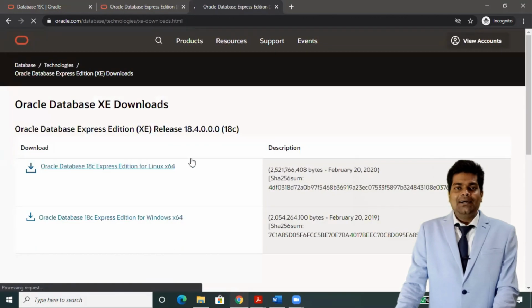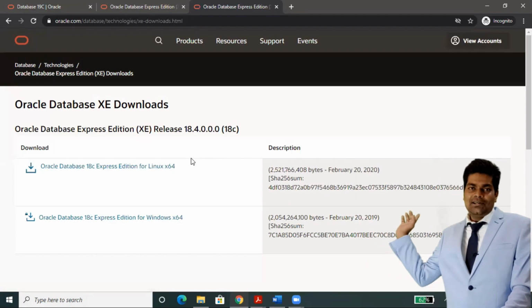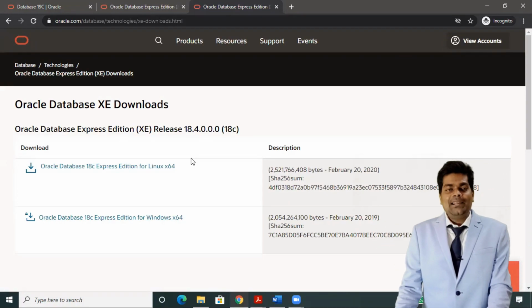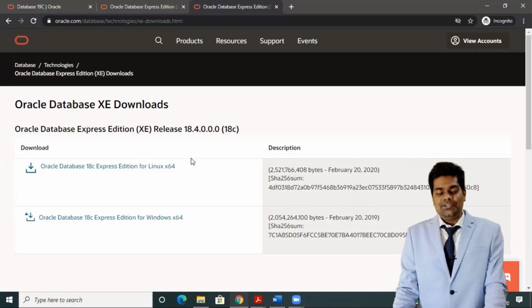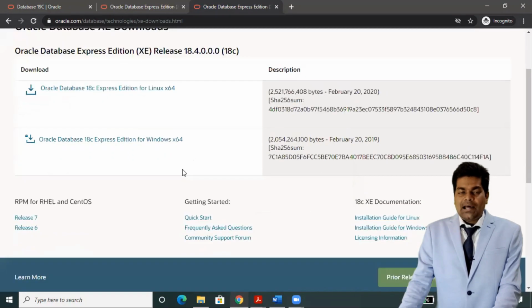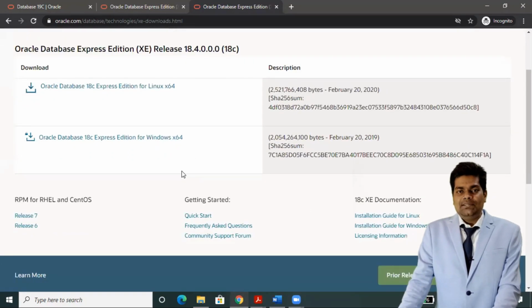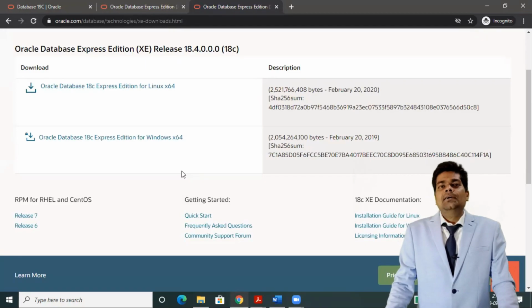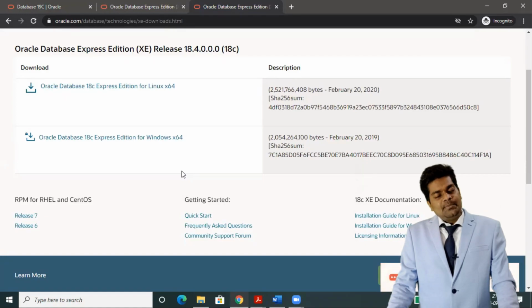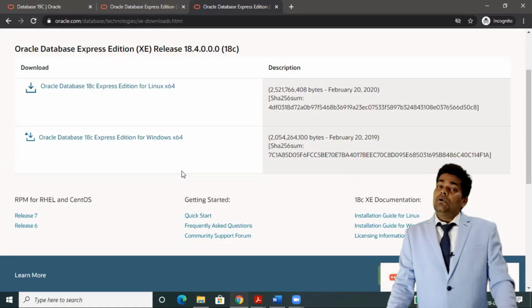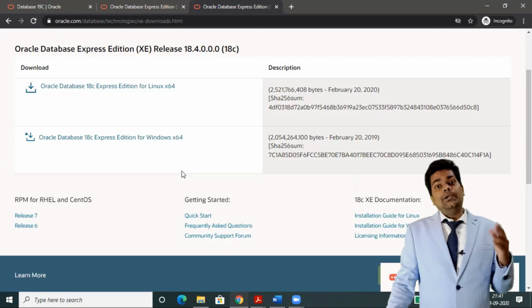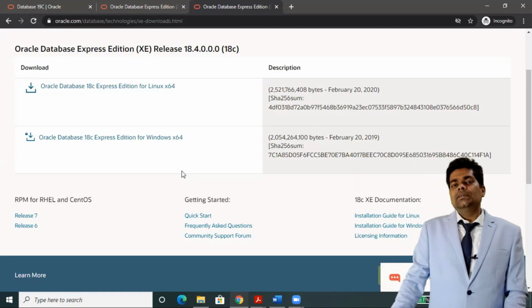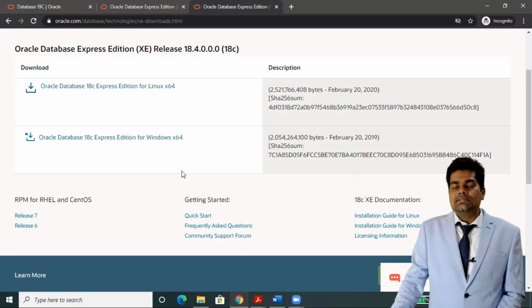Now here on the main page you can see we have Oracle Database 18C Express Edition, but I would recommend 11G because I have been using databases for the past 10 years, and trust me, all databases are the same. The commands we were using 10, 15 or 20 years ago are still the same commands.